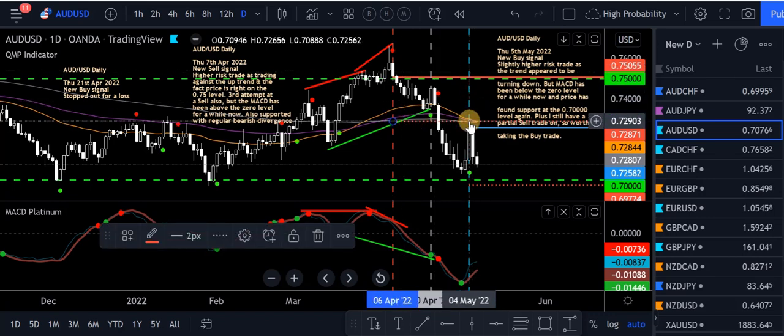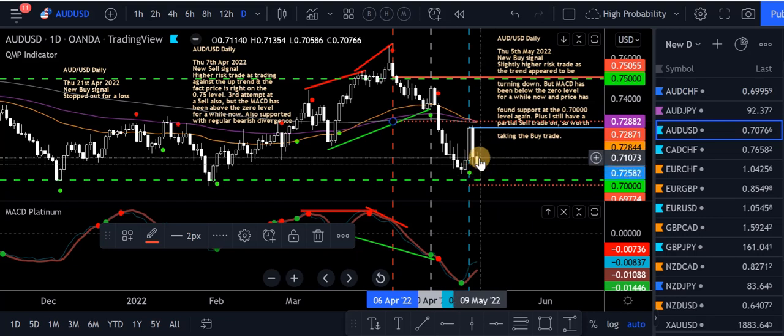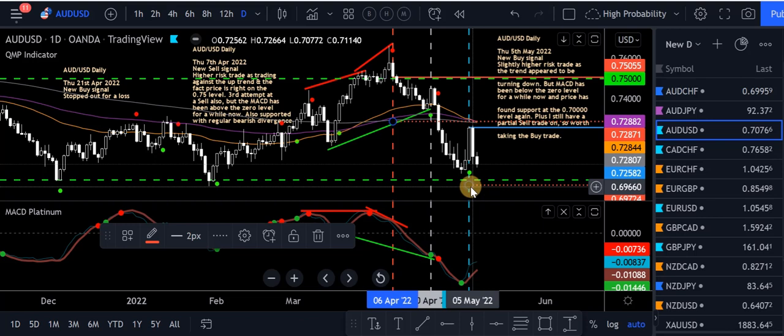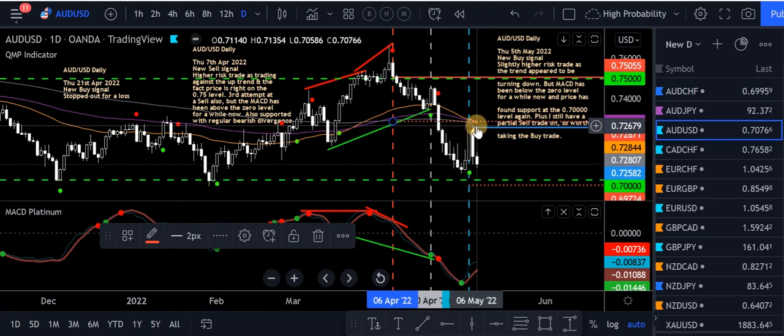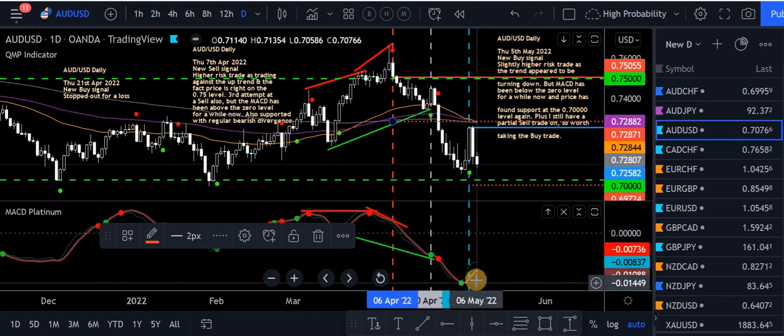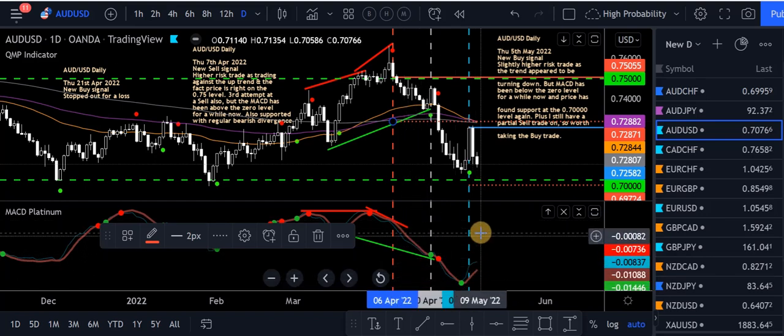So we're locking in profit there, which offsets some of the loss. So that's a good thing. We're still in that sell. So yeah, that buy there, it's bouncing off the 70-cent level. It looked like a good setup to me, but 24 hours, 48 hours later, look at it. It's terrible. But the MACD Platinum's still a fair way below the zero level,